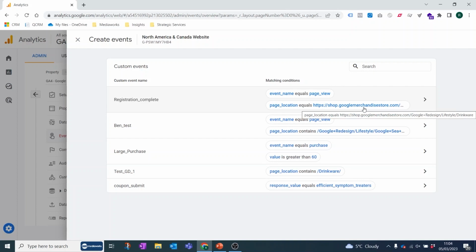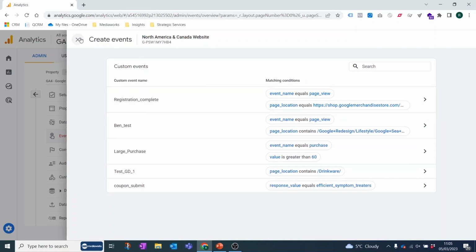So that's how you would set up an event for thank you URLs that are important to you and your business, whether that's a contact thank you, an event sign up thank you, or a checkout completion, for example. That is how you would do it. Because that page view is already being captured, the easiest way to do it is just to create a new